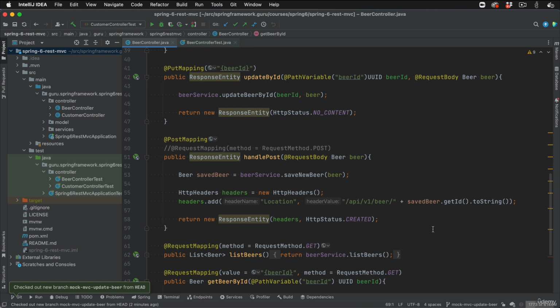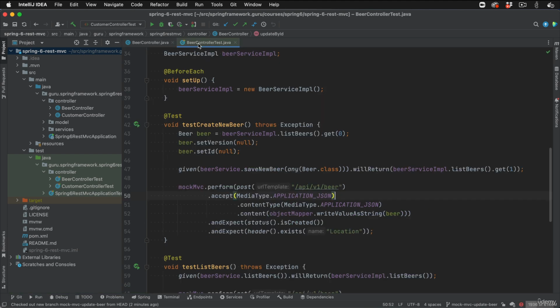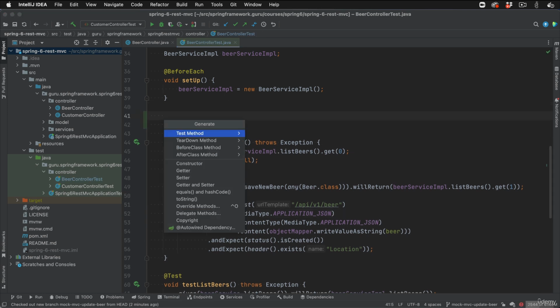We're going to verify the interaction, but it returns void. So there's really nothing for Mockito to do in terms of a mocking context. But we can also verify that it was in fact called. So let's come in here. We're going to go ahead and create our new test